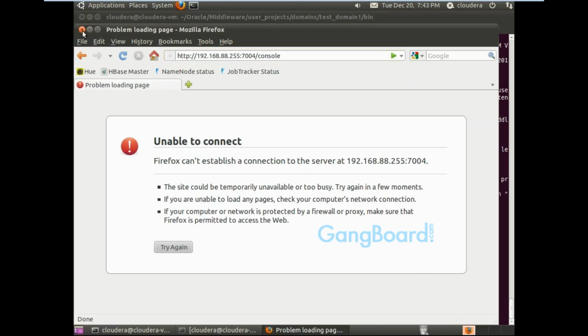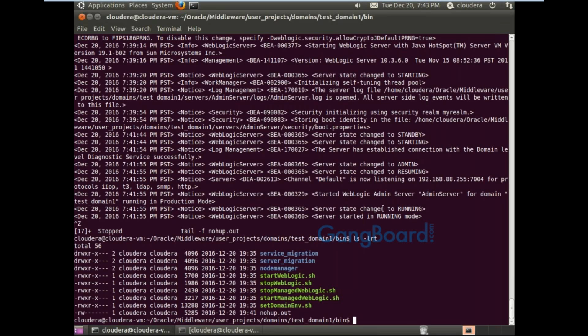Server is up, so there will be no problem opening the console. I think problem with the server. I will check later. So this is the way we are creating the admin server, managed server through GUI and CLI. Actually, there is a problem with the system. I think system has less amount of memory. Might be it will going to be full due to this server is not coming up.